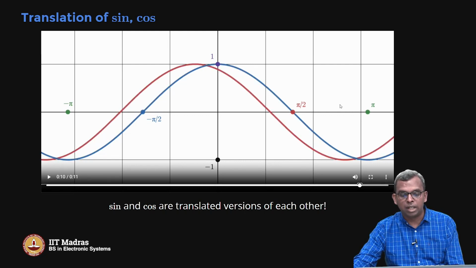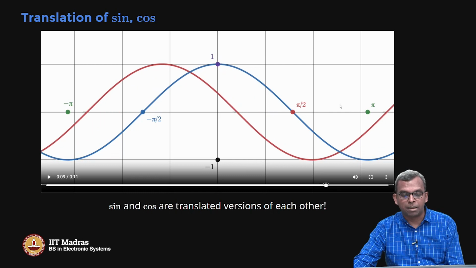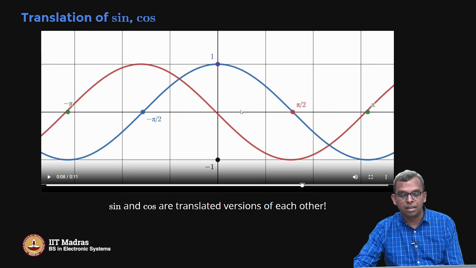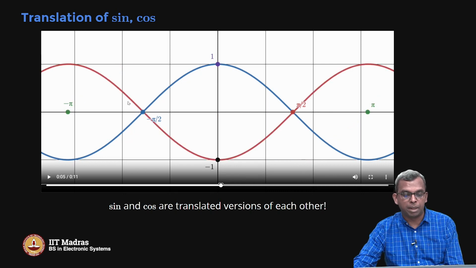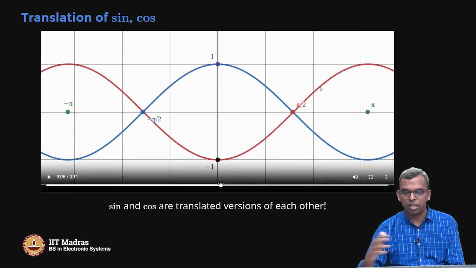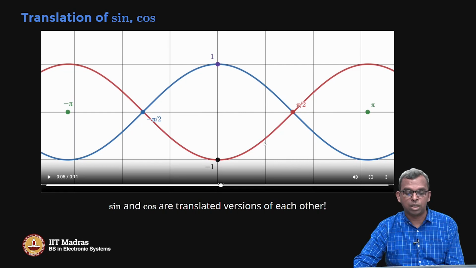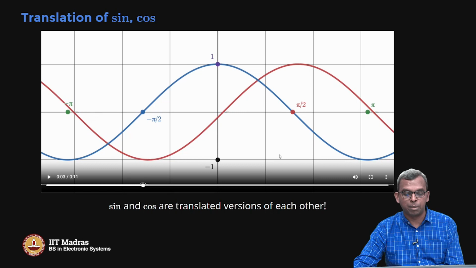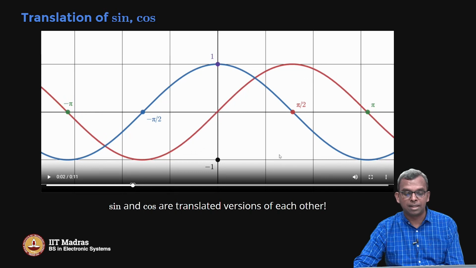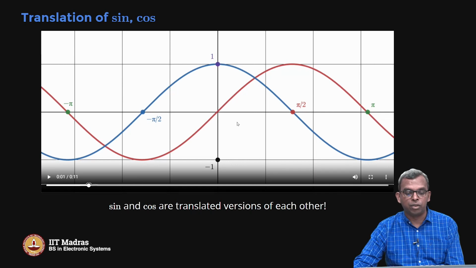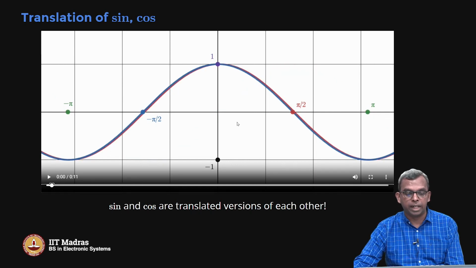So I shift to the left by pi by 2, I get minus sine, right. So I get minus sine here, and then I shift by pi, I get minus cos. Minus pi is the same as plus pi, so whether you shift right or left, you get the same minus cos here. And then you do pi by 2, which is the same as minus 3 pi by 2, you get sine. You get sine here, and then finally if you go all the way to 2 pi, you're going to